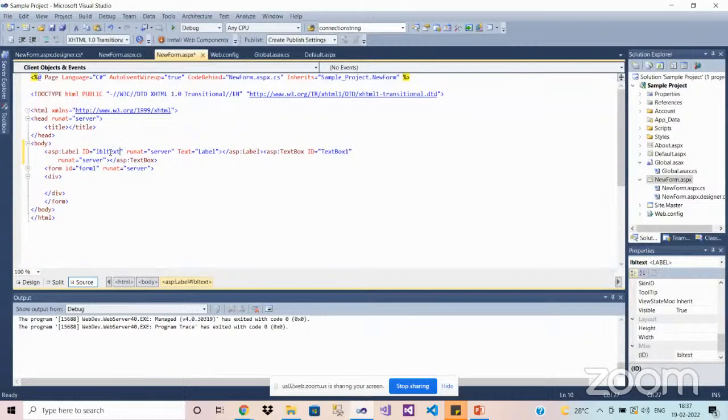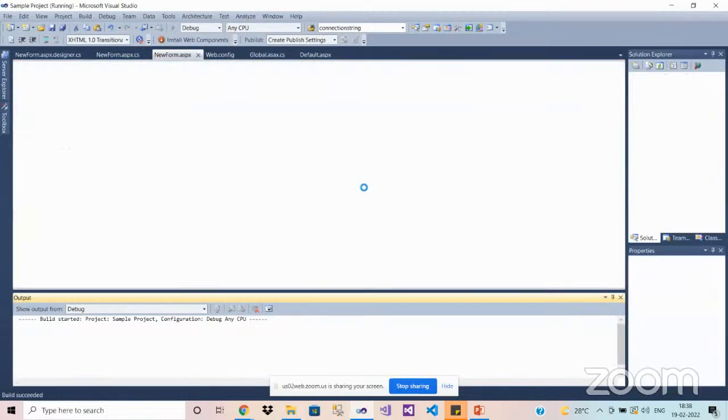Next will be your label, and in the text box, I'm giving the text box name as EB. So when I run the application,